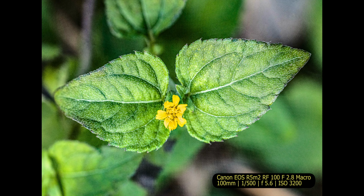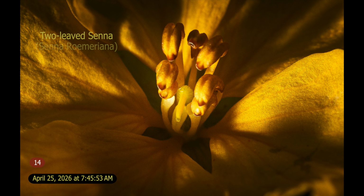One thing I was disappointed with, I didn't see any bees. There were no bees out there pollinating, and I would really want to try and tackle that task. That's on my list of things to try and capture, is a bee in flight. So this is a 2-leaf senna,